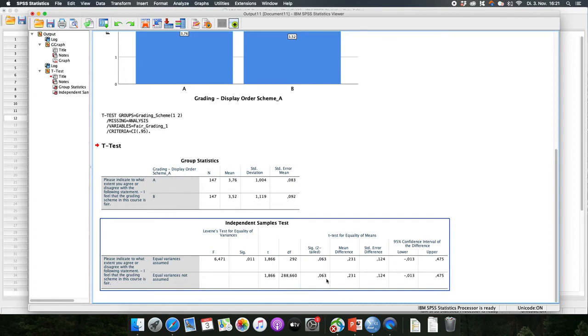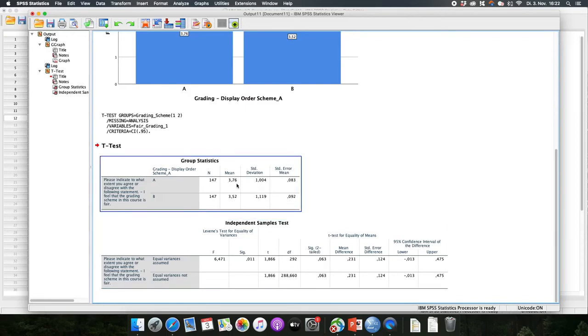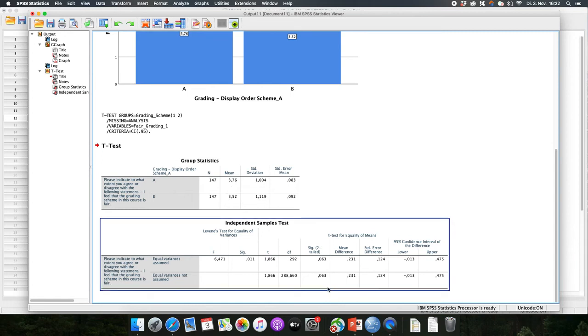So while it seems that grading scheme A, if we just look at the mean, is perceived as somewhat more fair, we see here that with a p-value of just above 0.05, we don't have enough support to reject the null of equal means and find support for the fact that grading scheme A is statistically